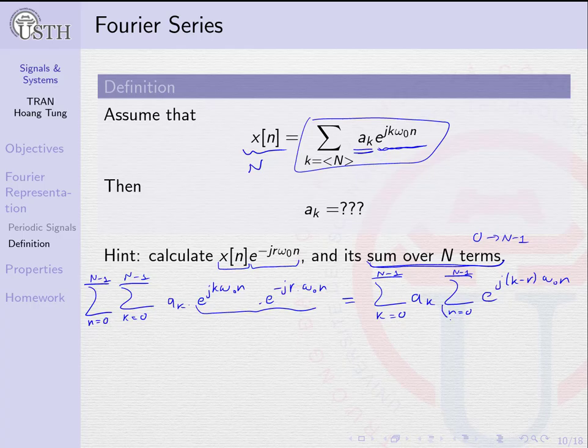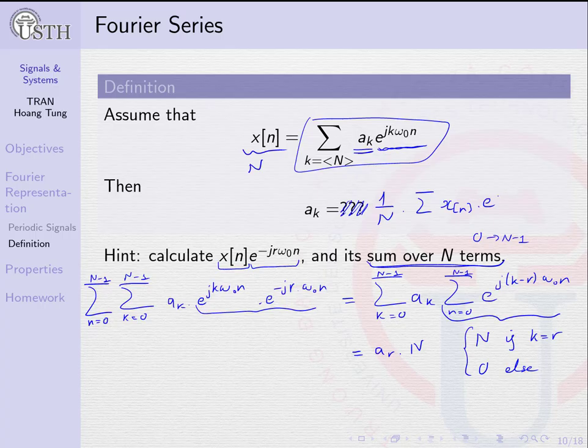And this one, I hope you find very similar to the previous slide. It takes the value of N if k equals r, and 0 otherwise. So it basically means that in the sum here, a_k will be gone when k is different from r. So that equals a_r multiplied by N. So basically a_r equals 1 over N multiplied by that. So in short, 1 over N, the sum of x[n]